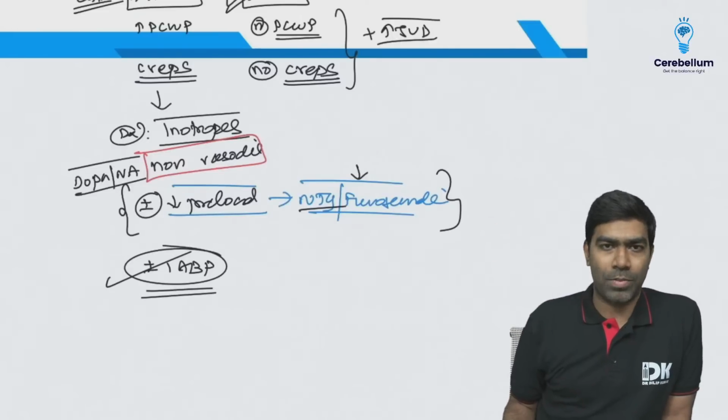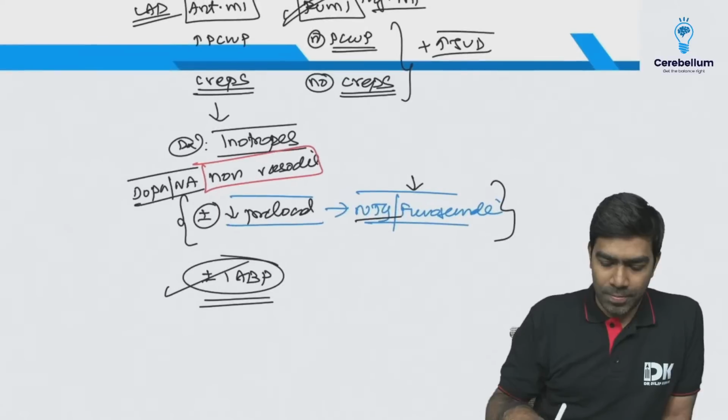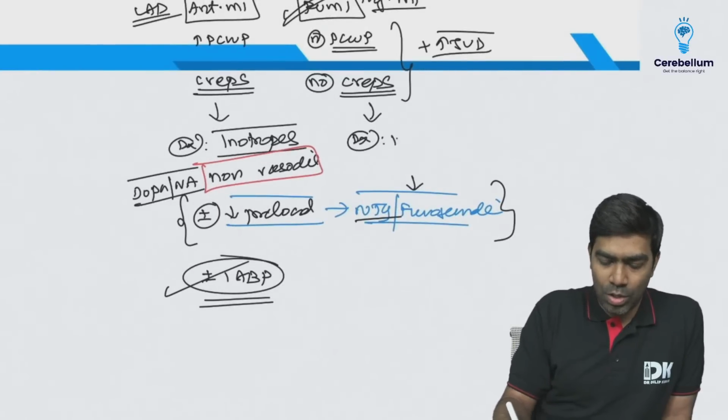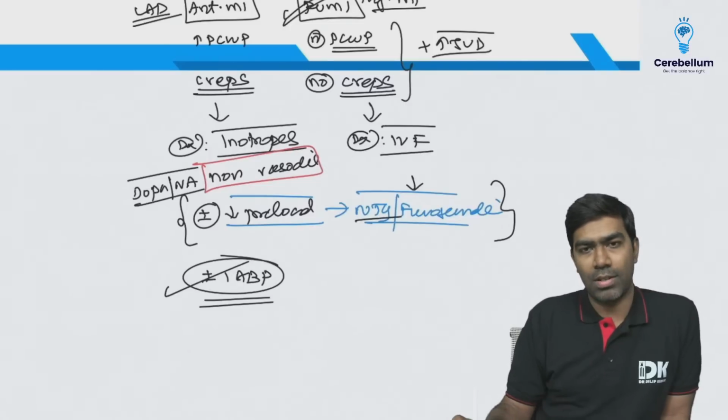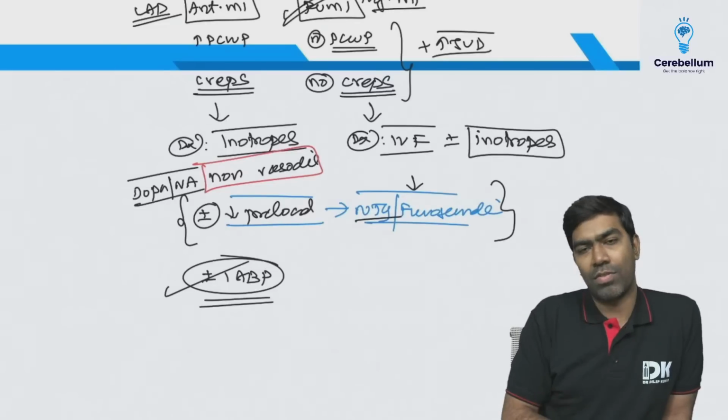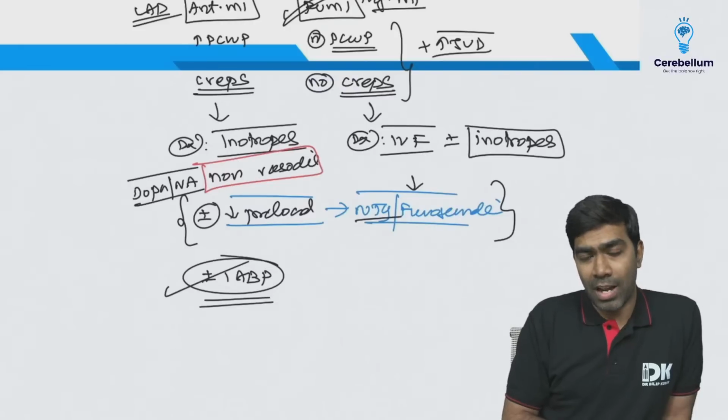Don't use in MI or any ischemic conditions. So what about here? In right ventricular failure, treatment will be IV fluids. I told you the target JVP will be 10 to 14. Plus or minus, if you want to use, you can use inotropes. Remember, inotropes will not work that much in the setting of RVMI